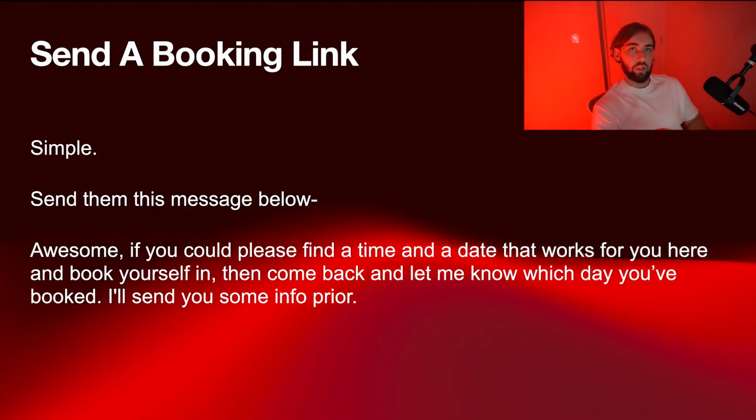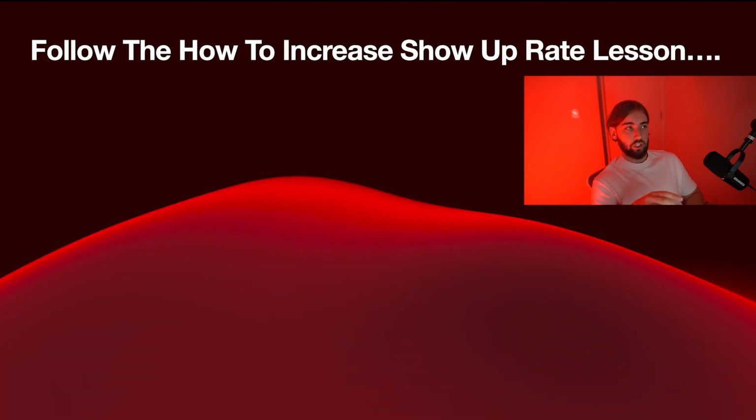That works really well, because by this point, you've had a proper conversation. You've not just sent a big chunky message, asked them to jump on a call. By this point, they're invested in the conversation with you. They're far more likely to actually book in and obviously attend as well. So really what is important with this is just make sure that you are actually diagnosing a problem, marketing yourself as a solution. Next lesson is going to be on how you increase show-up rates for this meeting.